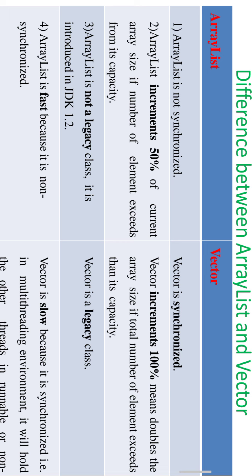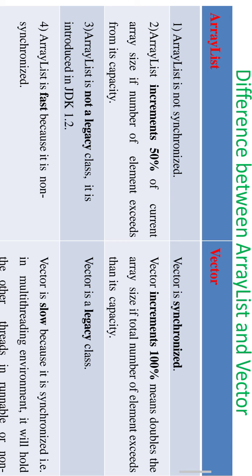So this is about the vector. Now we are going to learn about the difference between array list and vector. Both are collection framework only. Both are using the collection framework classes. The array list type of collection uses the predefined ArrayList class. Vector uses the Vector class, which is predefined and available in the collection framework.